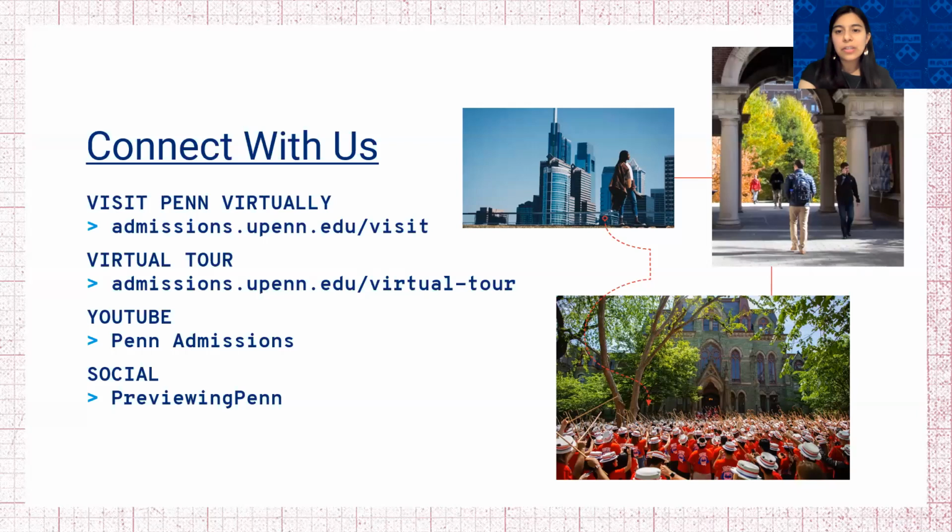And I think this next question is pretty related to that. Where in the application do you suggest discussing a long daily commute to school? So similarly, I could see this fitting into the activity section, or even in the additional information section. There's a chance your counselor will also talk about it. Those redundancies are totally fine. Ultimately, this is up to you, but you really want to think about what kind of role this has played in your day-to-day, and I don't think there's a right or wrong answer here.